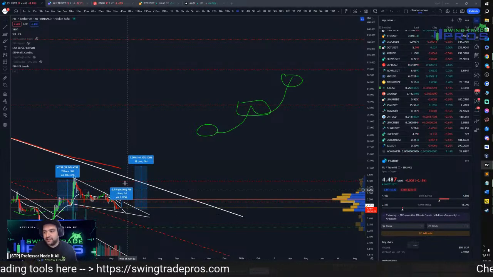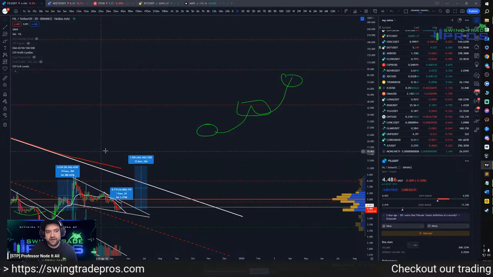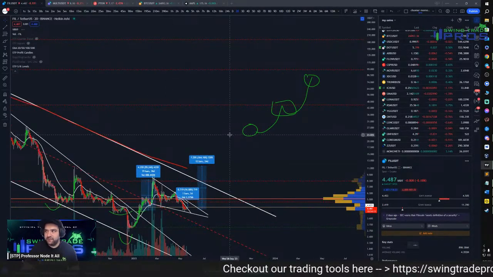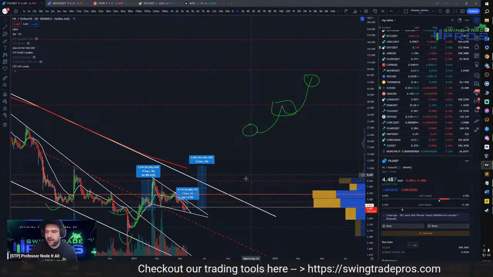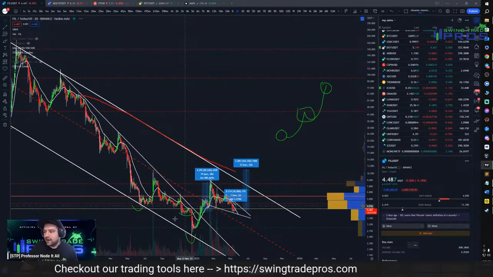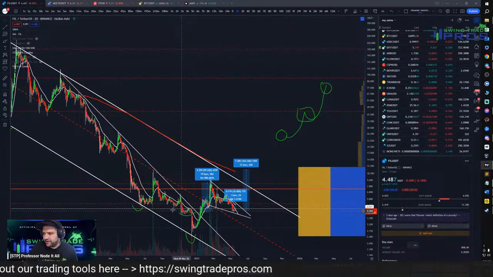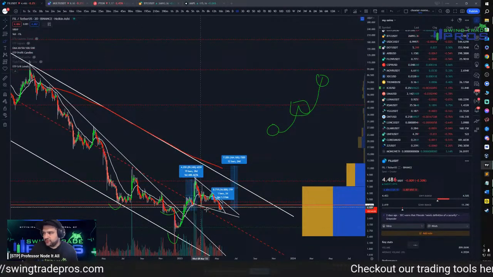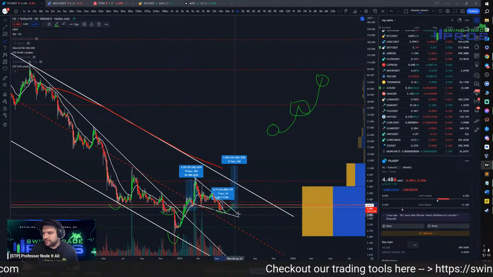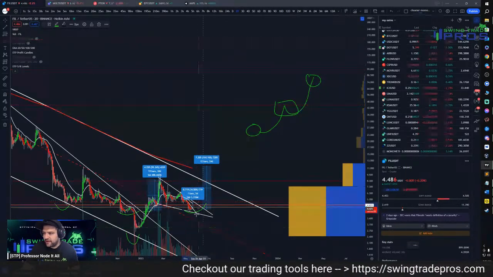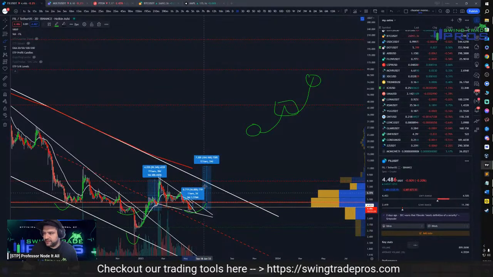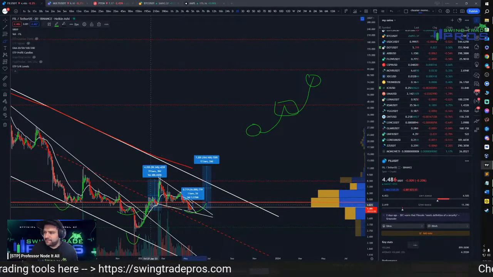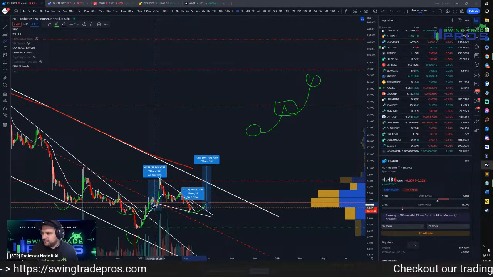Okay, and so that's something I want to explain to you guys. We can utilize this method on really any chart. It doesn't just have to be Filecoin, but I like the Filecoin setup here. I think it's at a great area of inflection, and if you really do zoom out, you can see this could be a potential area for an inverse head and shoulders type of structure, which is why I'm thinking that eventually, if it does break this region, we could eventually see this $8.40 area as it gets back above the